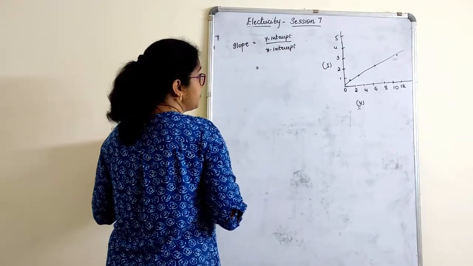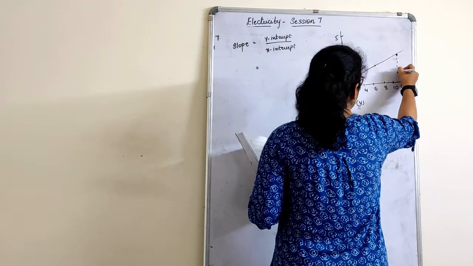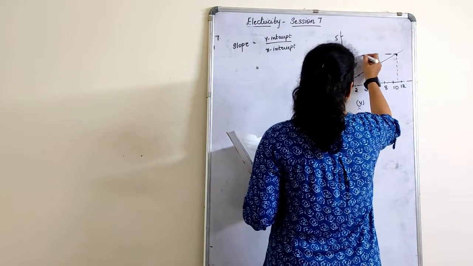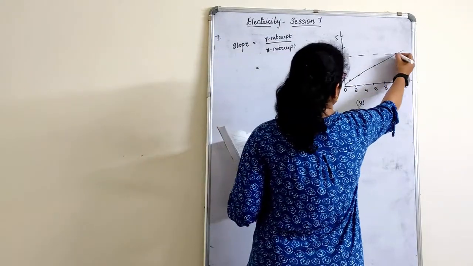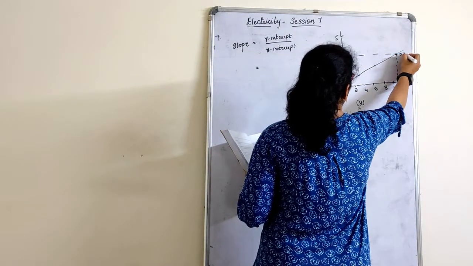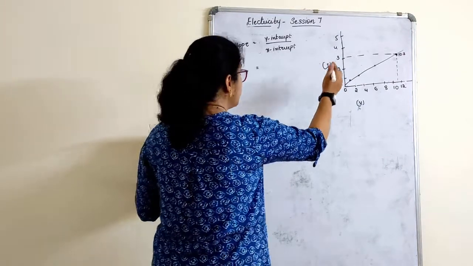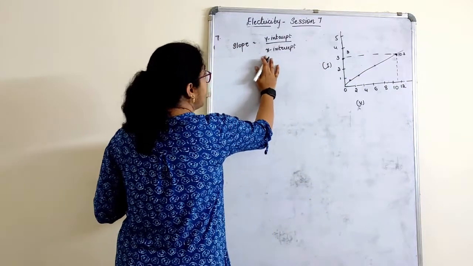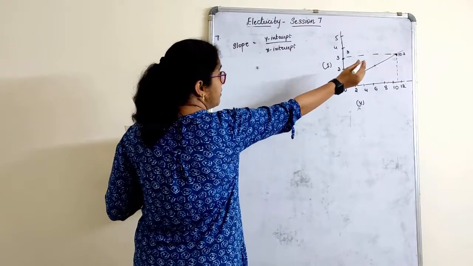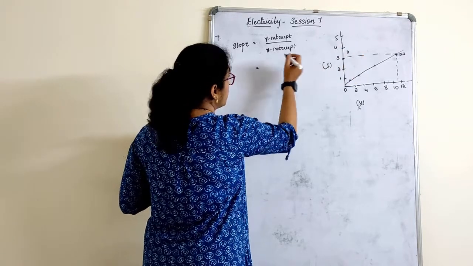Now, y-intercept. When I talk about it, take any point, let me take this one. If I bring this down here and bring it here, how much does it come to? This point is for 10.2, right? And this point is for how much? It is for 3. So the y-intercept value over the x-intercept value. First we have to always read that value. 10.2 is what it is there.